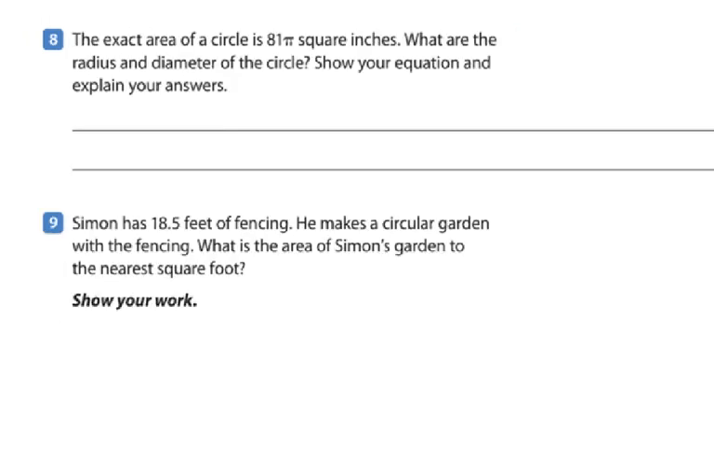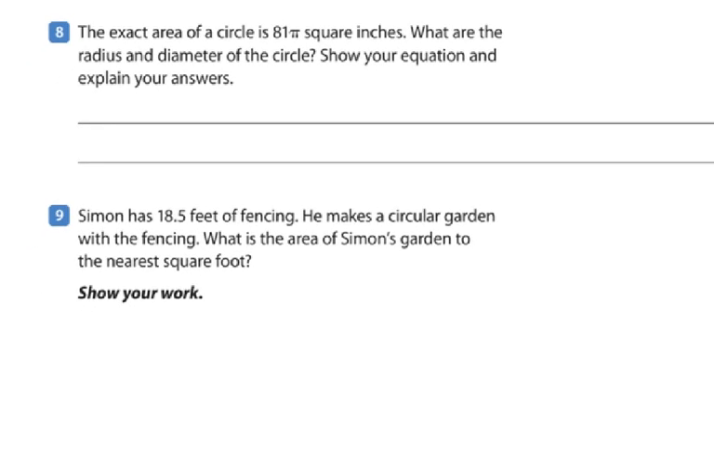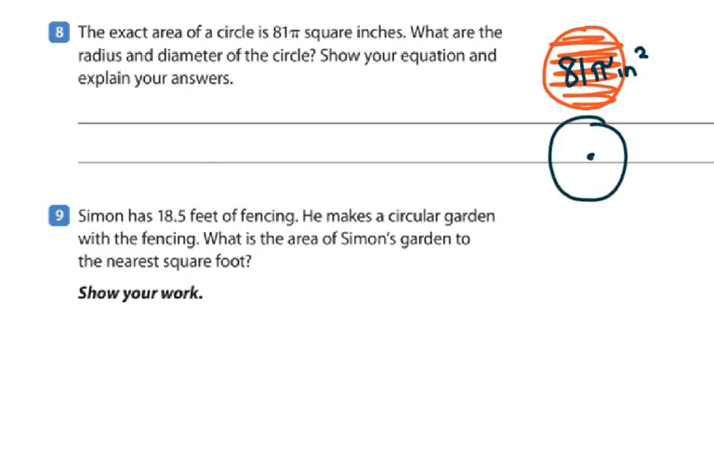Number 8 is an interesting question because it gives us an exact measurement. By using pi in the answer, it's exact. The exact area of a circle, area of course is everything inside this circle, the exact area is 81 pi square inches. What are the radius and the diameter? So the radius would be halfway and the diameter would be all the way. Well,